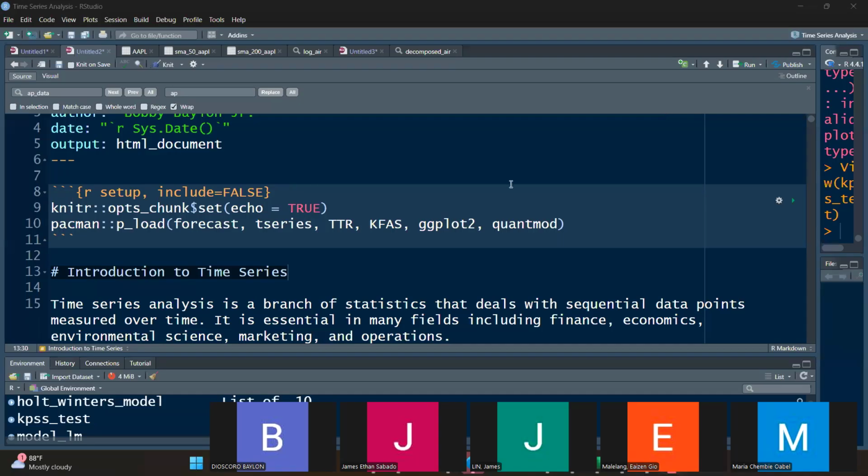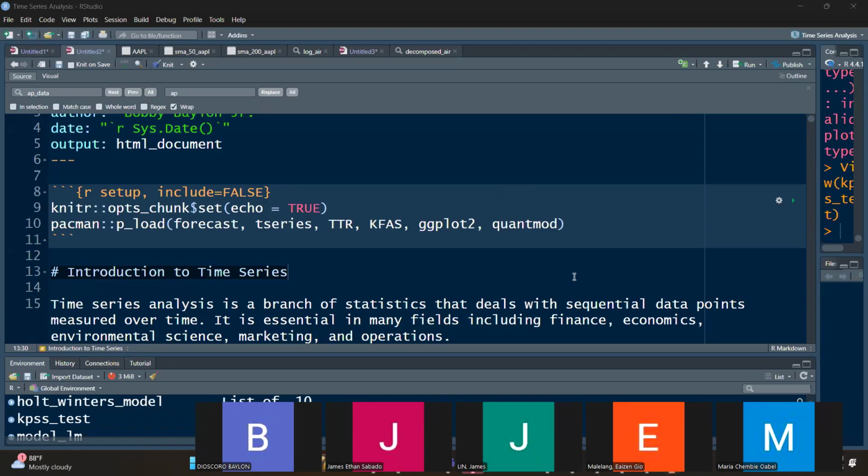Good morning, everyone. Today we continue our discussion of time series. We're going to review some of the concepts that we learned last time. There's nothing wrong with reviewing, because I think reviews of lessons will allow us to have better comprehension and a better grasp of the concepts, the techniques, and the methodologies. So we're again going to load forecast, tseries, quantmod, technical trading rules, KFAS, and